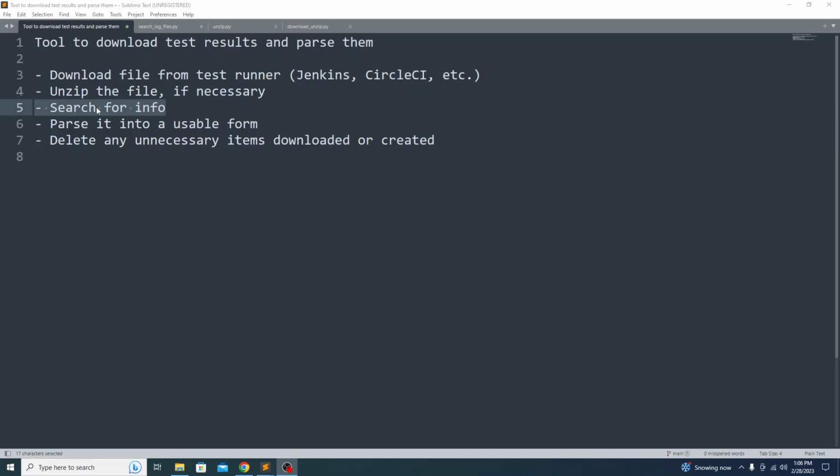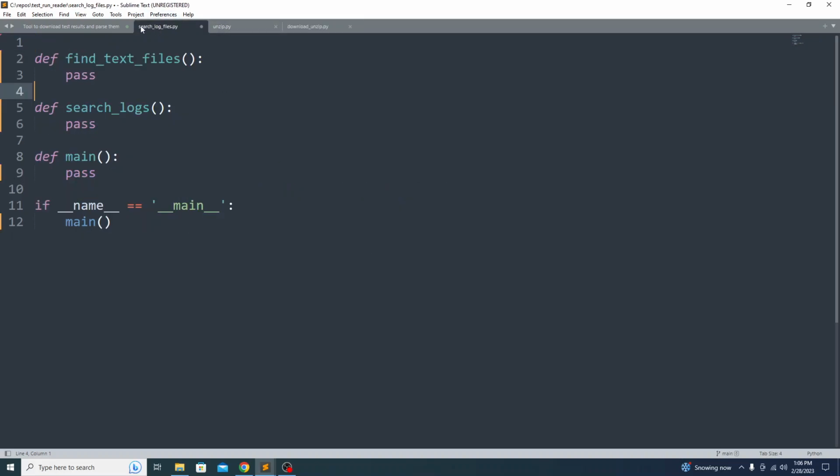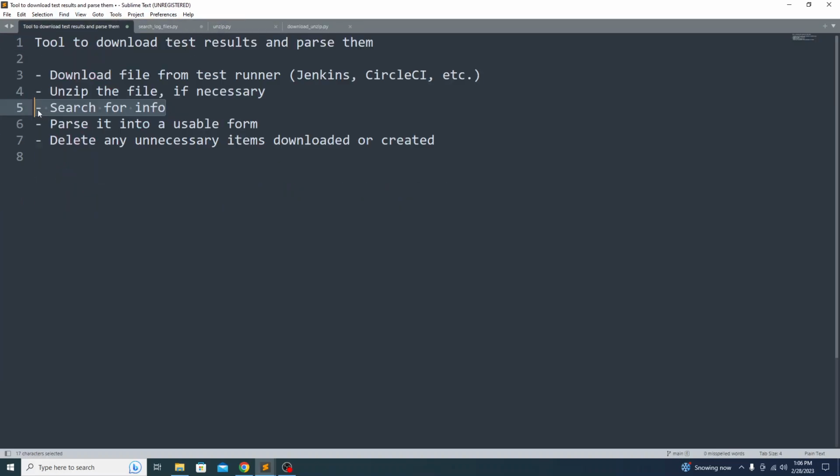Okay, so where did we leave off? We left off with the unzip files. Well, so the file's been unzipped. So we're downloading the zip file, we're unzipping it, and we're deleting the temporary folder that we've moved all the stuff into, right? All right, so the next stage of what we wanted to do is start to search for